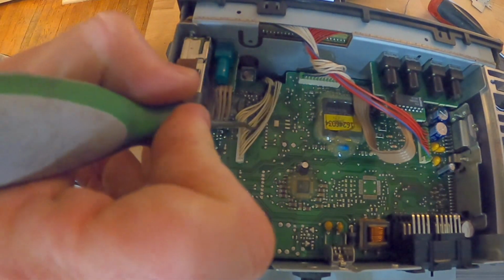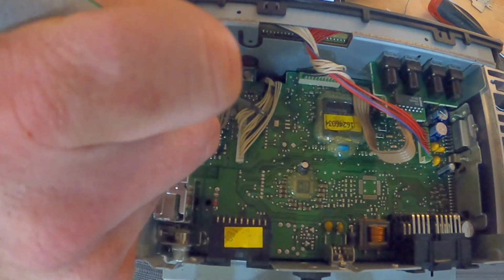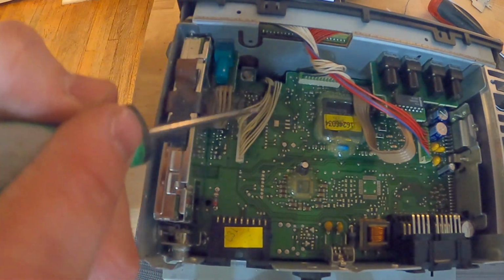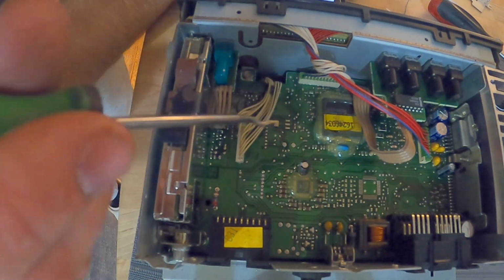So I would say you'd have to wrap them pretty tight and tape them. This harness is pretty tight, so you have to be careful with it, because if you try to strip these back or something, you can pop this wire easily. So moving on from that,